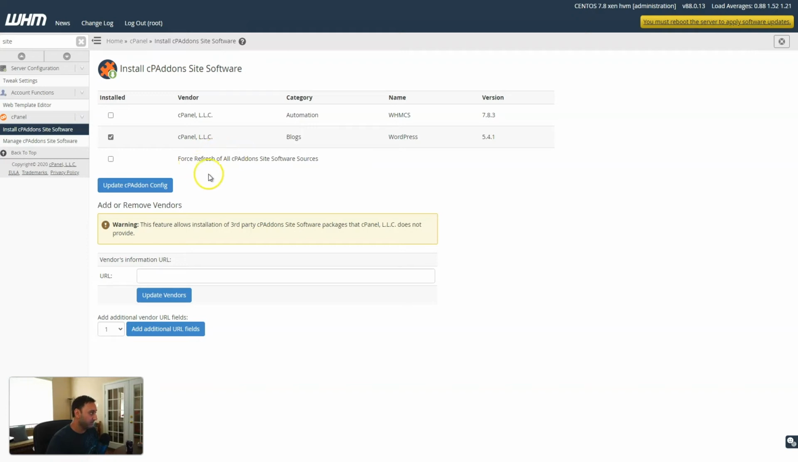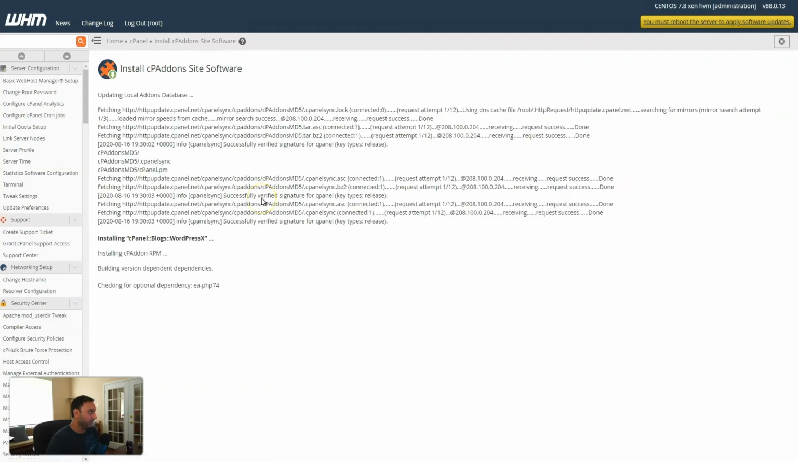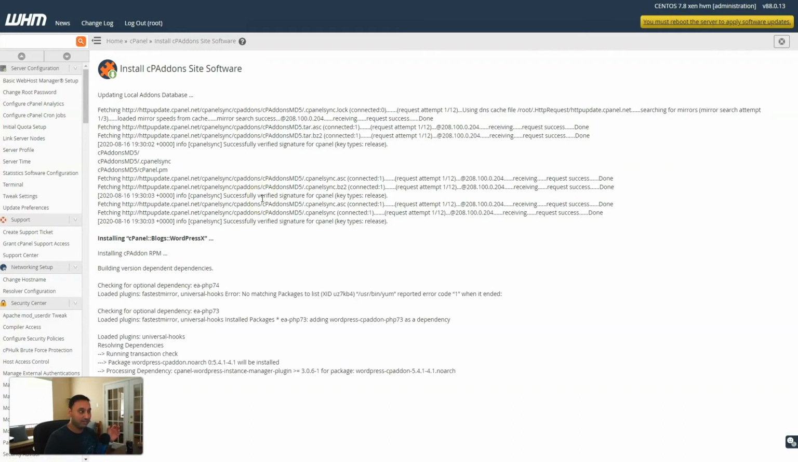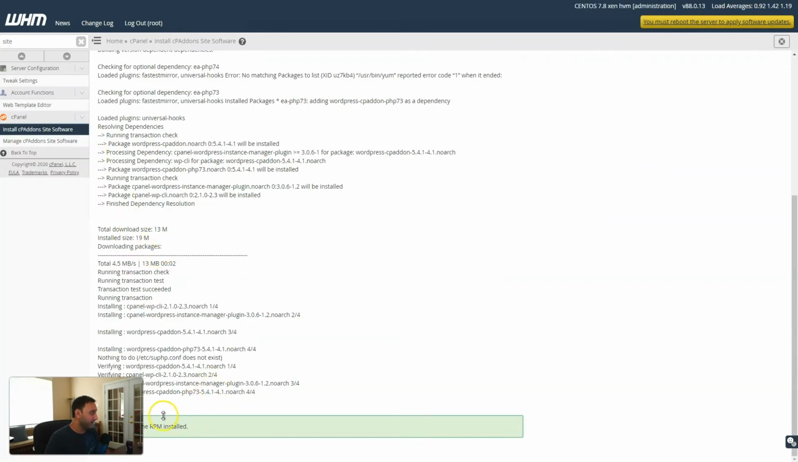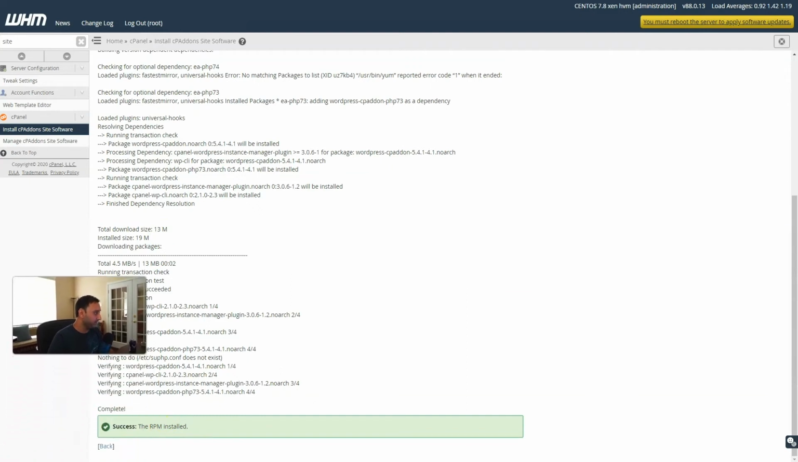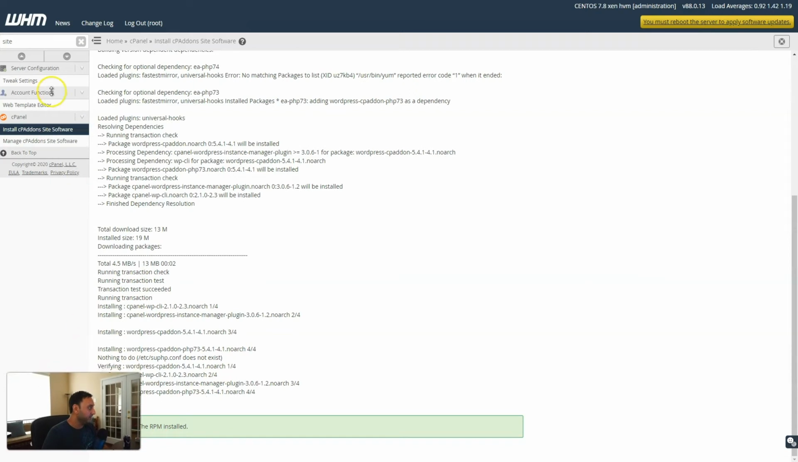So let's go ahead and update the cPanel config, and that's going to take a couple of minutes, and we'll install a WordPress repo for us to use to set up one-click installs of WordPress sites. Okay, so that successfully installed right here. Success, the RPM is installed. And so the next step we'll do is, let me show you